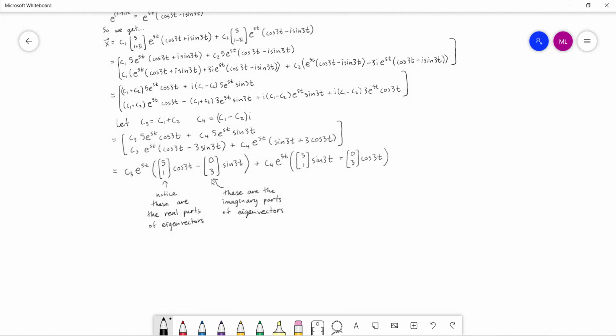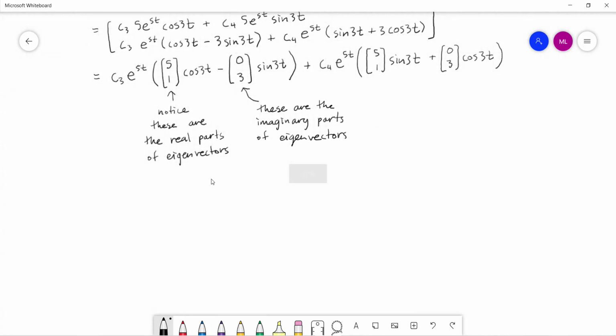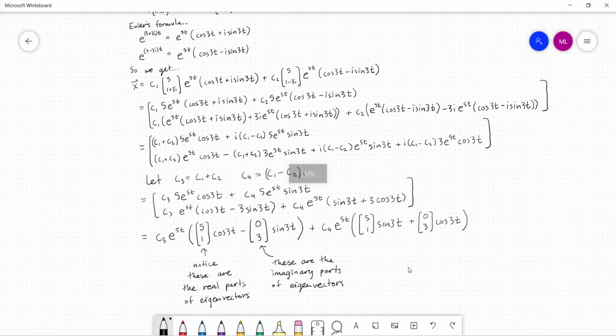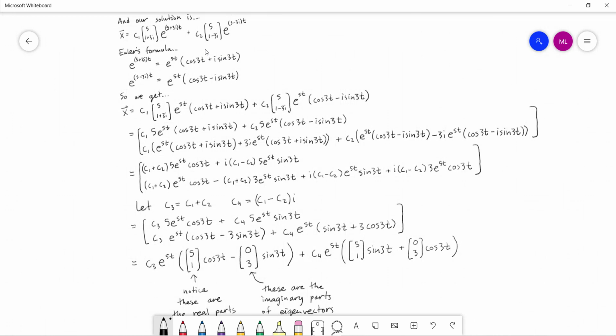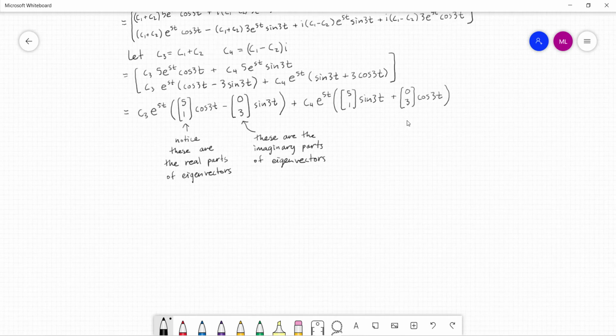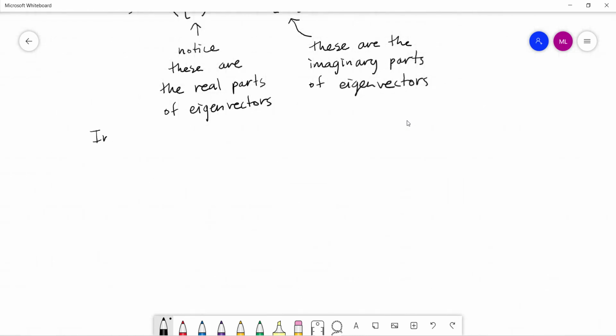And what this tells us is that in general, we have a form for our solution. So this is what the solution is going to look like. But in future problems, you're not going to need to go through all of the algebra from here down to here, you're going to be able to skip it and jump to just a general form. And that form is, so in general, the form of the solution